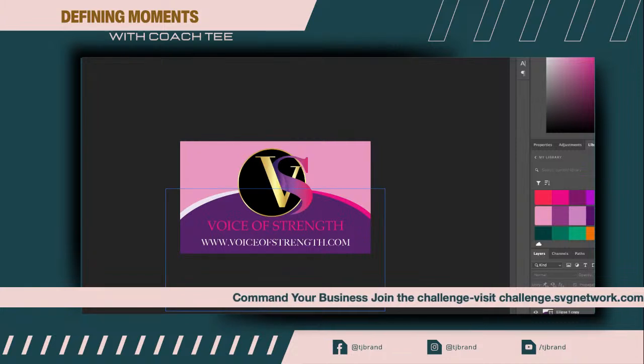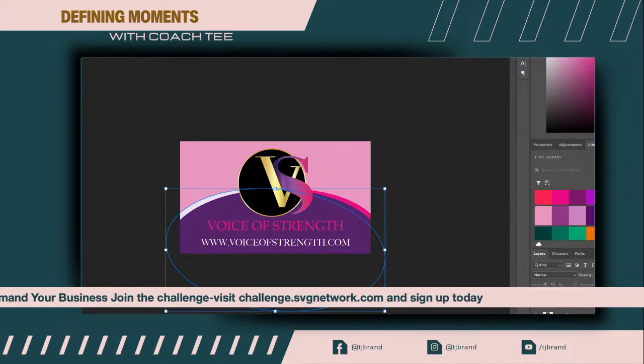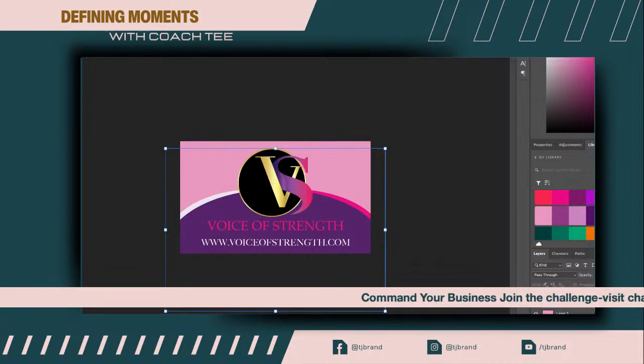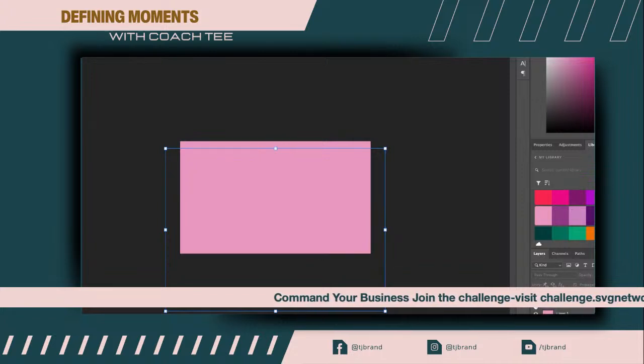Now what I normally do is I like to use layers. So you're going to come over here to your layers panel, and you're going to select everything that you just put on here, from the first layer on top of the ellipse all the way up to the Voice of Strength. I'm going to select all of that, and I'm going to click the little file folder on the side there that says create a new group. I'm going to make that into one group and name this group Back. Now if I turn the eyeball off, that was the back of the card, and we can start on the front of the card again.